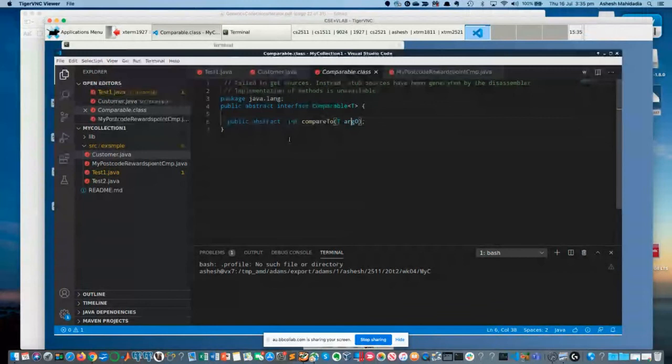Okay, so that's the Comparator. So how we use that is when you go to test one now. Now forget about the first part. I create a new TreeSet. You see here, so